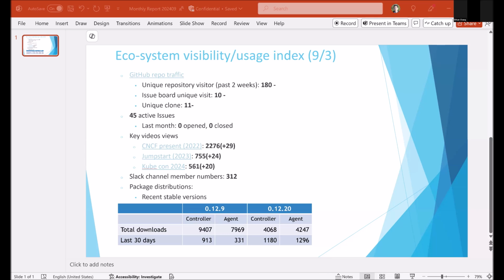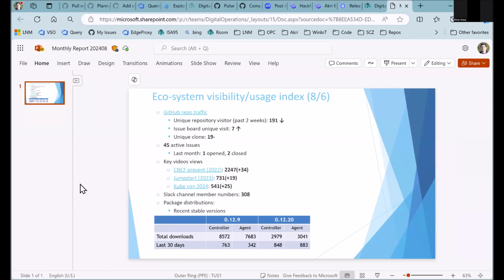Okay. So these are the numbers for last month. Still like twice that of the agent, but it's a little bit smaller.